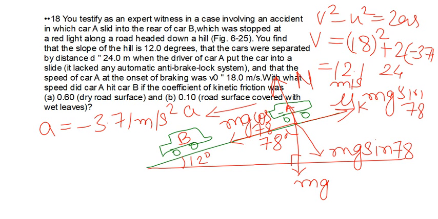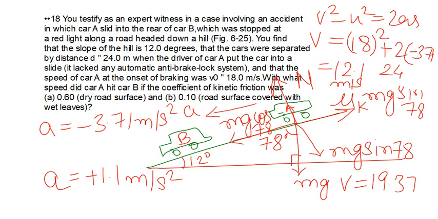Okay, so that's part A. In part B, we just need to replace mu k with 0.1, and you will get the acceleration as plus 1.1 meter per second square. And when you use v square minus u square equals 2as, putting the values of acceleration, and s is here again 24, u is 18, so you get v for part B as 19.37 meter per